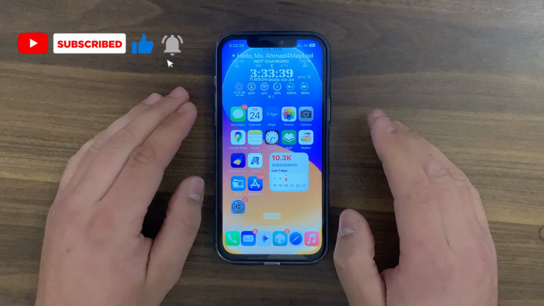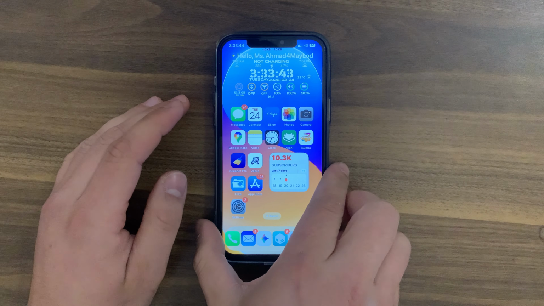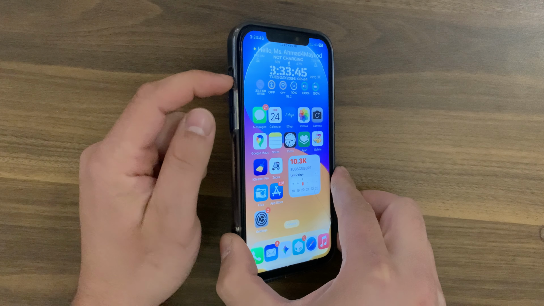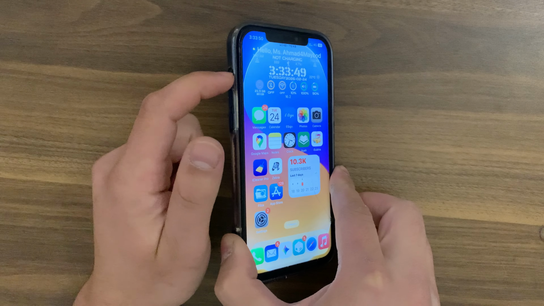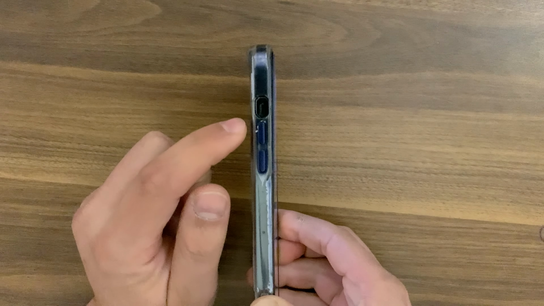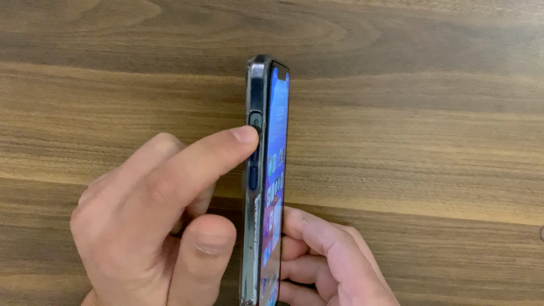In today's video I'm going to show you an amazing tweak that you must download. This tweak will allow you to take control of your ringer switch. It is a tweak that allows you to do many different things with your ringer switch. This tweak effectively lets users customize what happens when you interact with your iPhone's ring silent switch in different ways